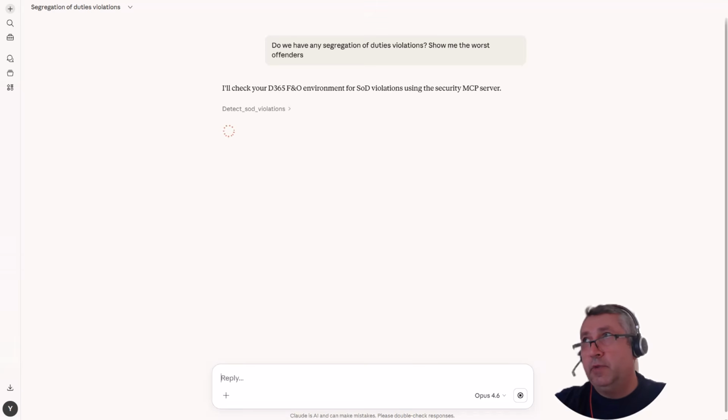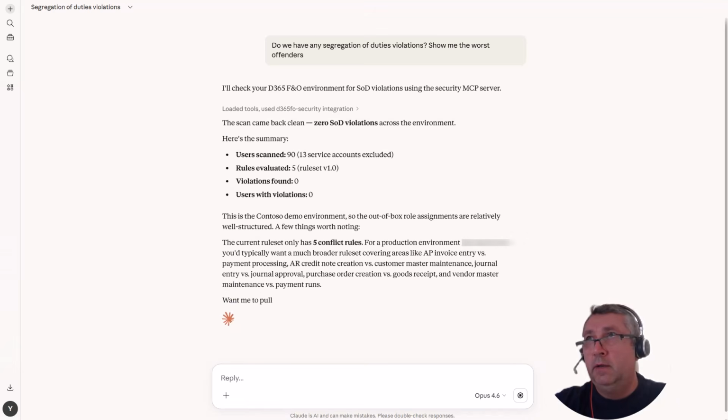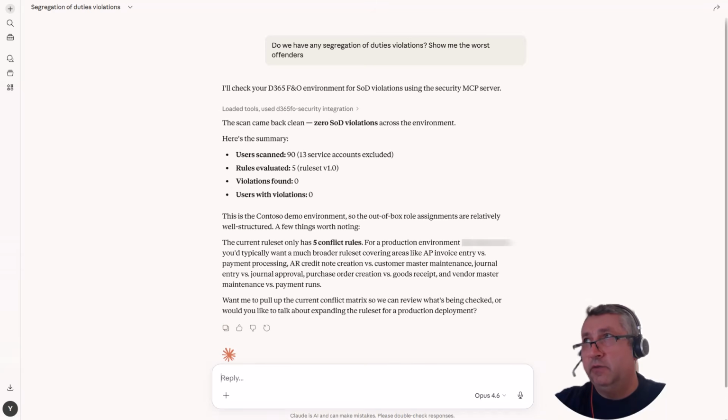Okay, so Claude picked up the appropriate MCP server. It's running the correct tool, detect SOD violations. And here is the response: the scan came back clean, 0 SOD violations. Here is a summary. Users scanned: 90 users, 30 service accounts, so it automatically detects service accounts and excludes them